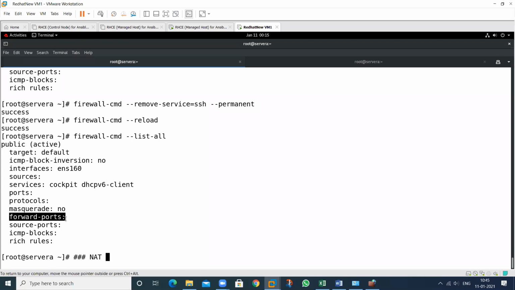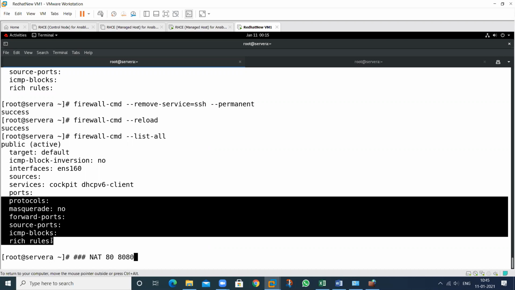And if we want to allow any forward port, it means by default the HTTP service is allowed on which port? This one. And I want to allow this particular port on 8080. So we can also use this functionality, port forwarding. Which particular source port you want to allow? ICMP and rich rules, all these things have the same behavior.